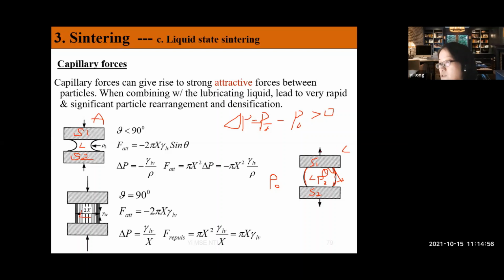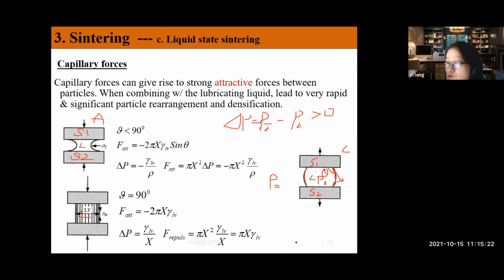Okay, so in stage 1, push away. So now you tell me, is this making it more densified or less densified? Less densified. Very good, right? So this gives us a very important concept, which is what? In order for this densification to happen faster,